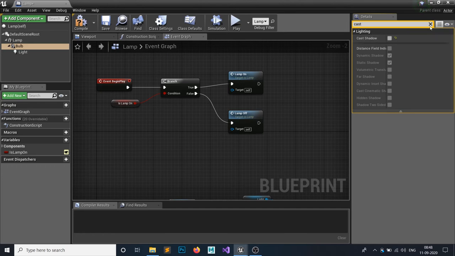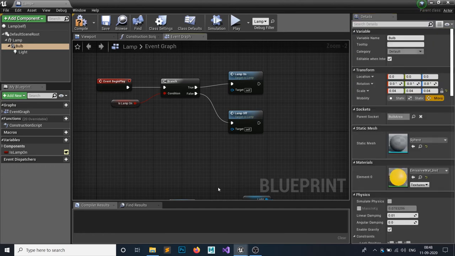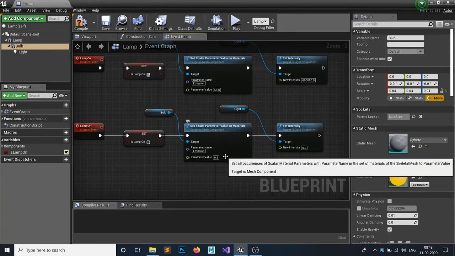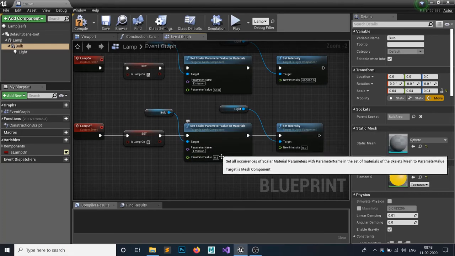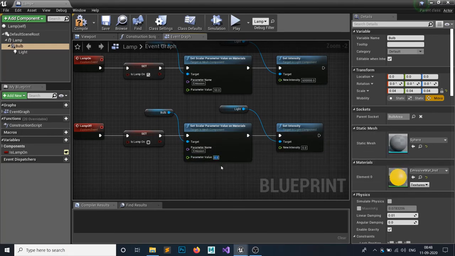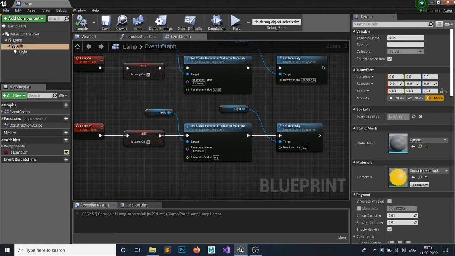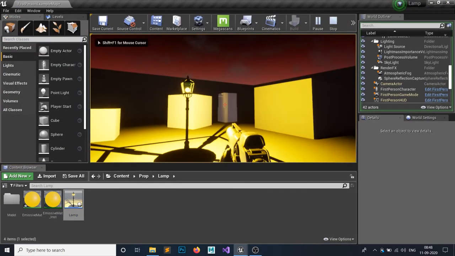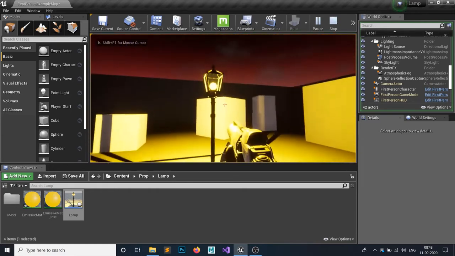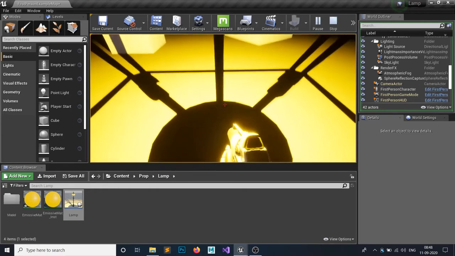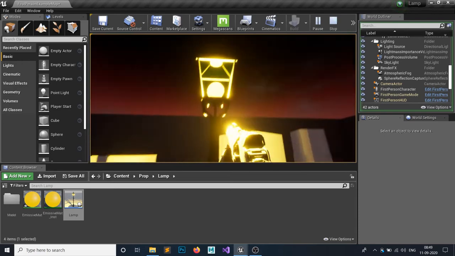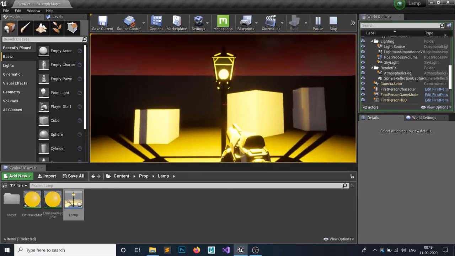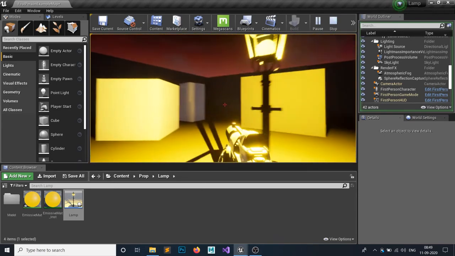Just untick that, hit close, and you're going to see our emissive material on our turn off. It's a bit more cringy, so we're going to set it to 0.3. It's just a trial and error method. So right now, if we hit play, you can see our emissivity looks something like this, and it is not casting the shadows of our bulb, it is casting the shadows of the pole, but we need that.